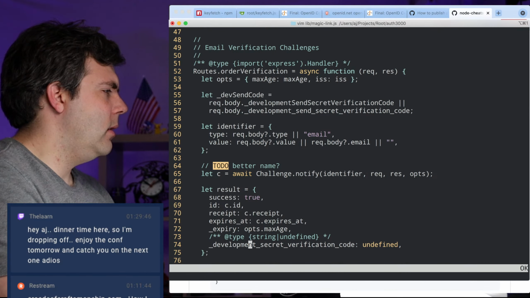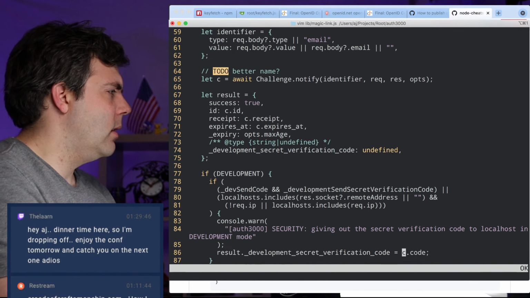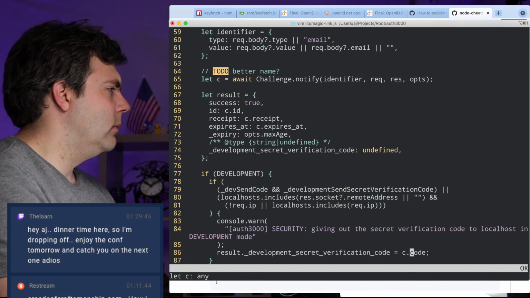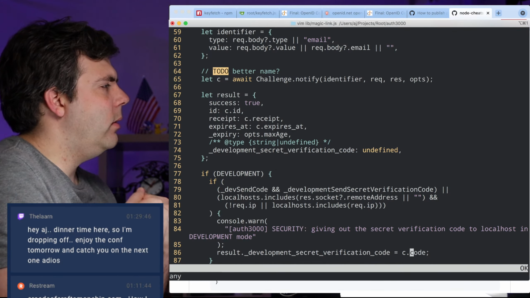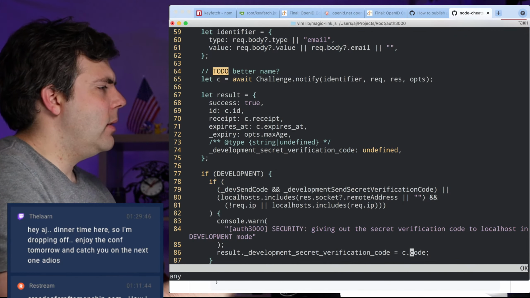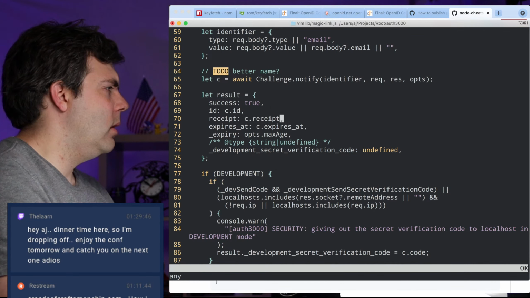That's all good. Interesting. So maybe we do want to be able to pass that back as a code.